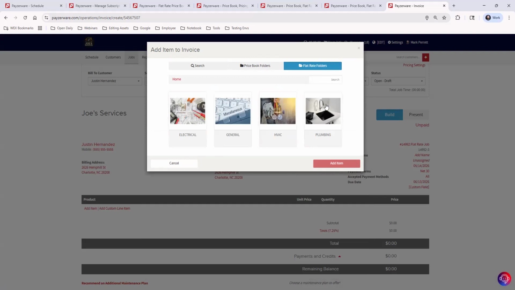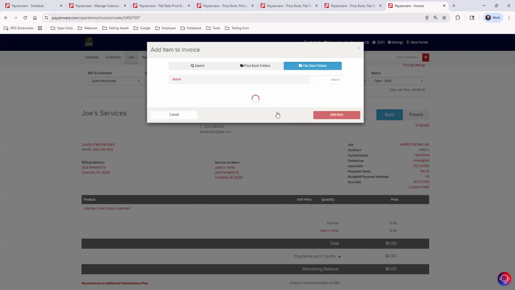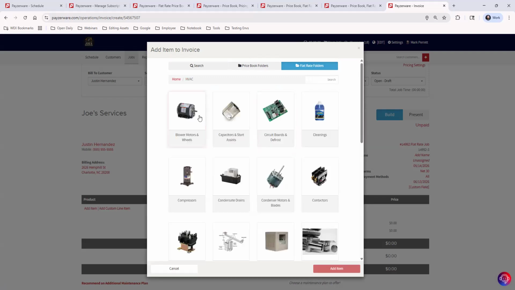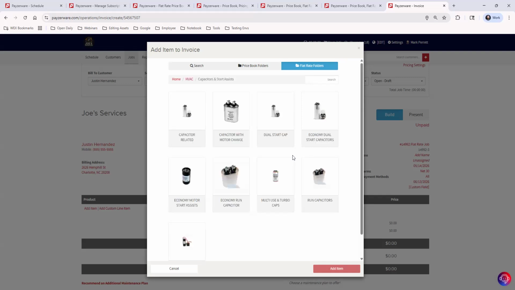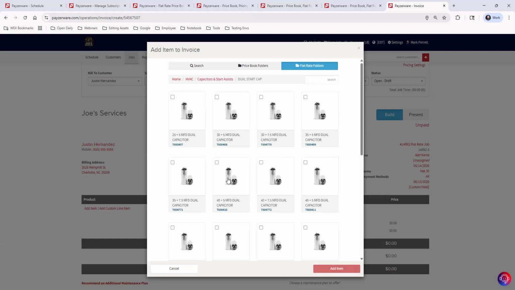Now we can see our price books. So we're going to click into HVAC. I love this. It's got pictures of everything. Let's say that we need a capacitor. So we'll click into there, a dual start cap, and then select the one that makes sense for this job